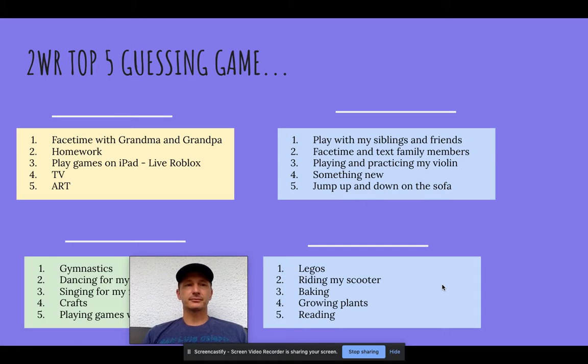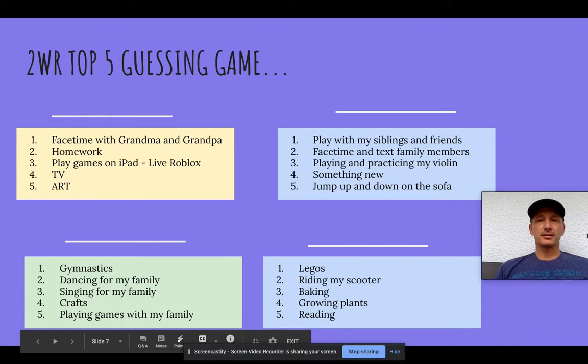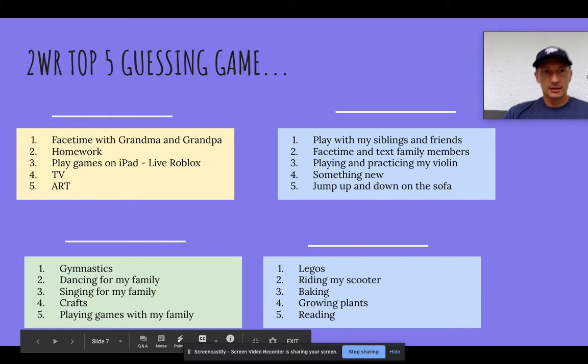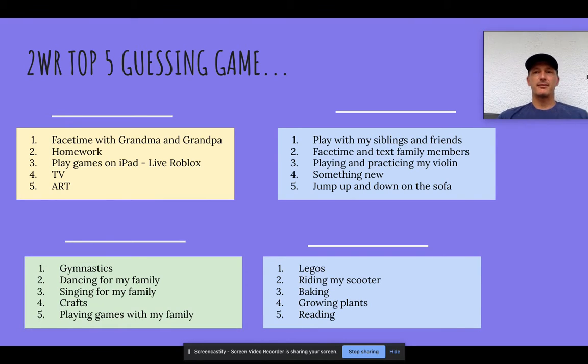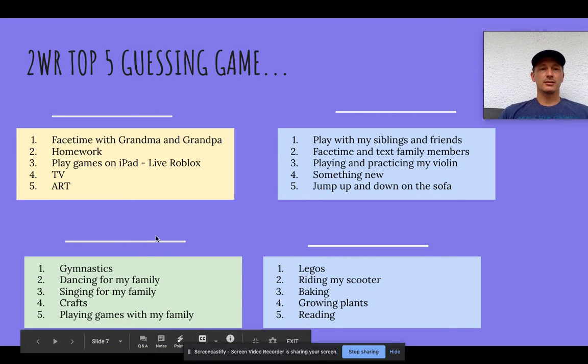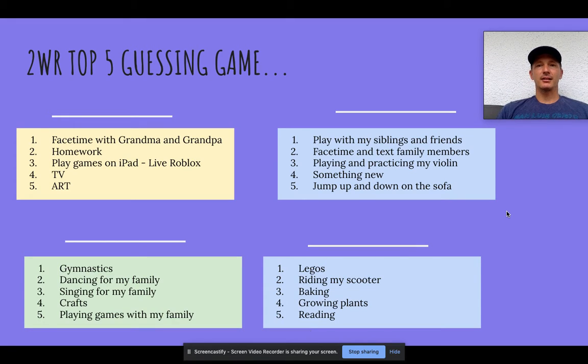And then I've included this on the PDF of the top 5 choices of your classmates. So I included 4 more guesses for you. So who do you think wrote down their top 5 things here? Whose top 5 things are these? Who likes to do these top 5 things, and then who likes to do these top 5 things? Okay, so just a fun little activity.